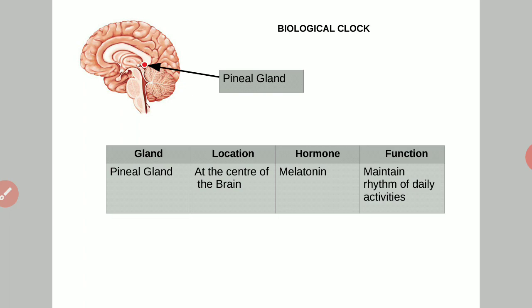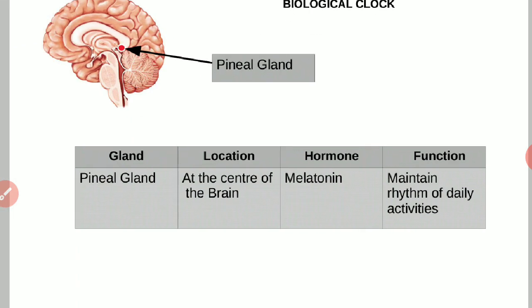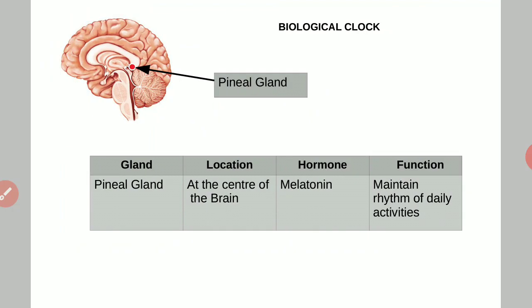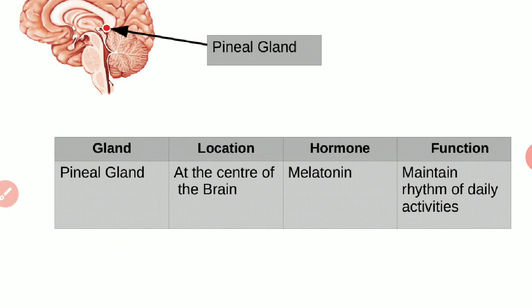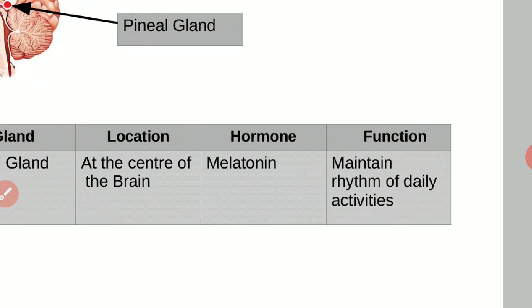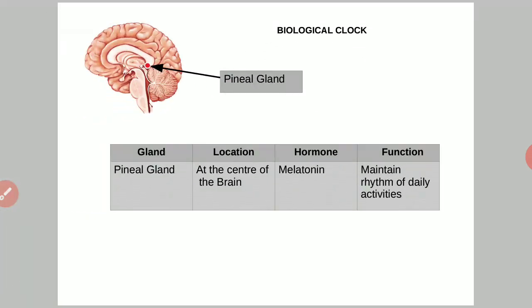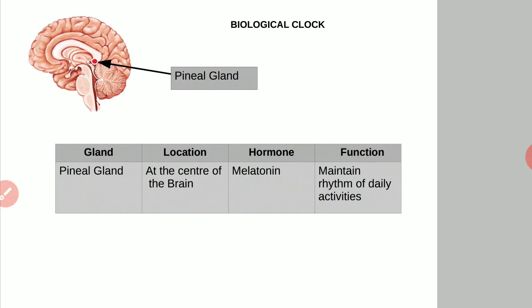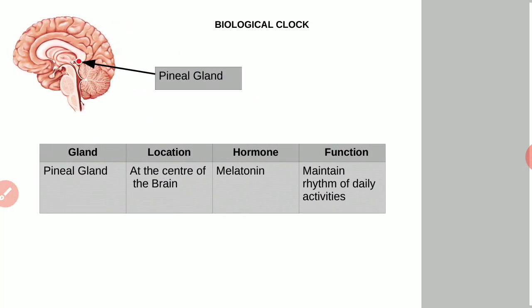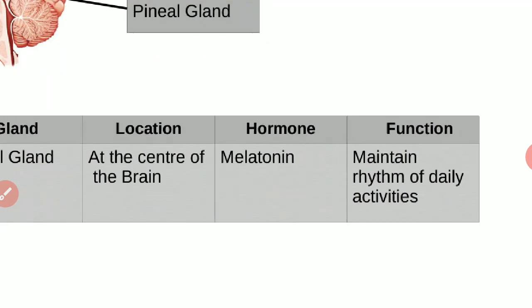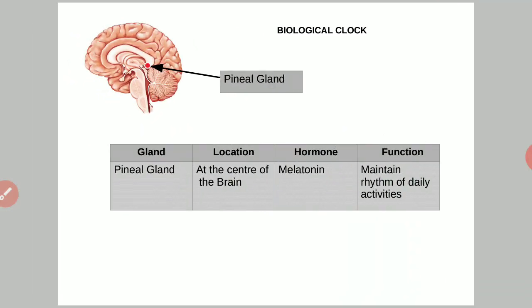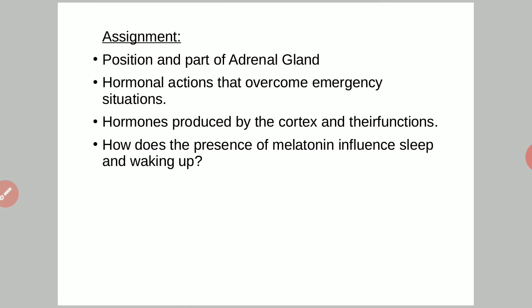Okay, then there are some questions related to it. I will give you that. Once again I will summarize this. The pineal gland at the center of the brain produces the hormone melatonin, and it maintains rhythm of daily activities. Whatever daily activities we regularly do, it is controlled by the pineal gland. That is why it is known as the biological clock. Then you take the assignments